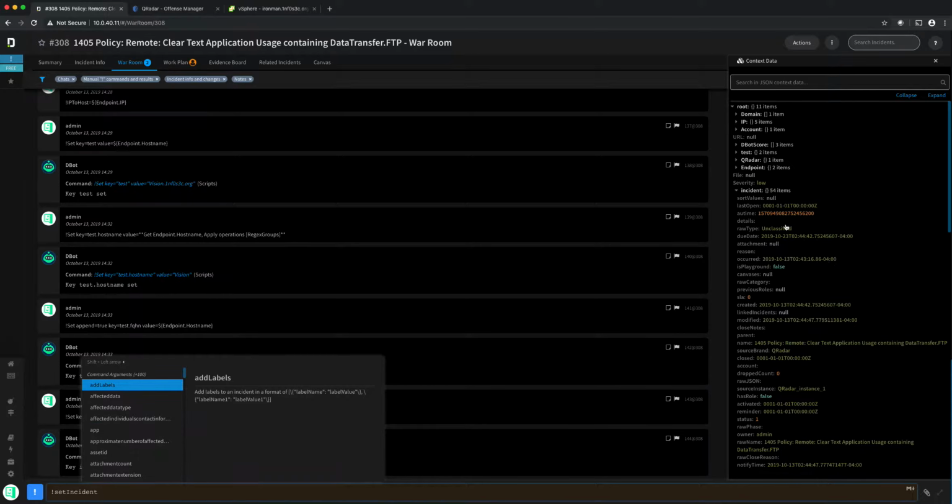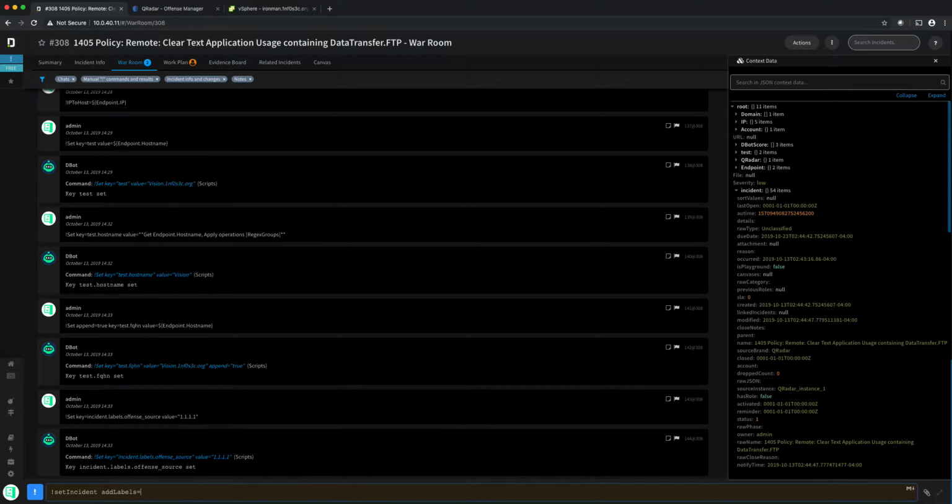We could add a duplicate of the field, which would be the most likely scenario, because typically you don't want to edit the incident data that came in and overwrite the top of it, because then you lose the ability to go back and trace your steps and see what was the true source IP in this instance if we overwrite that offense source. So we'd use add labels, and if we want to add a label for this,